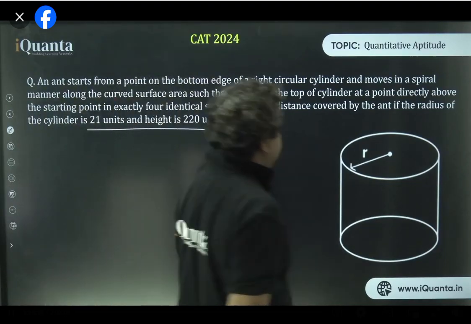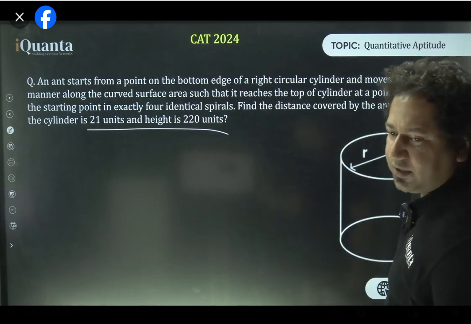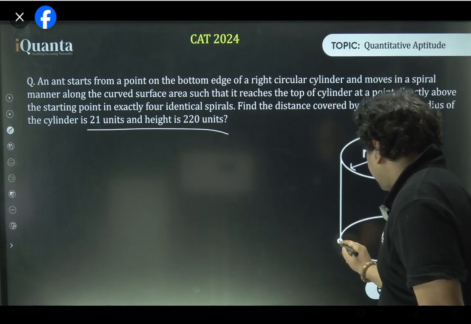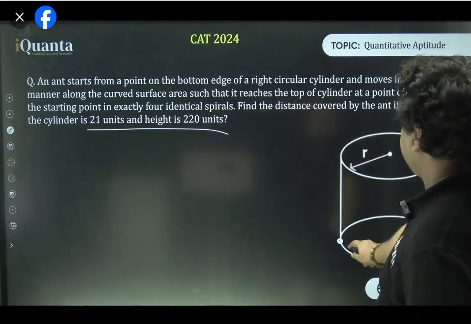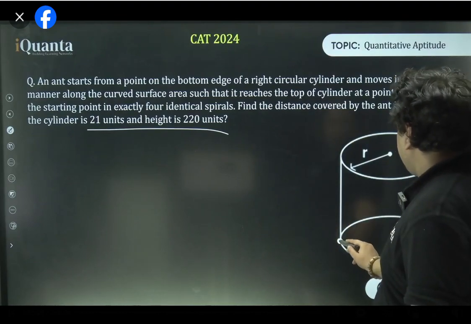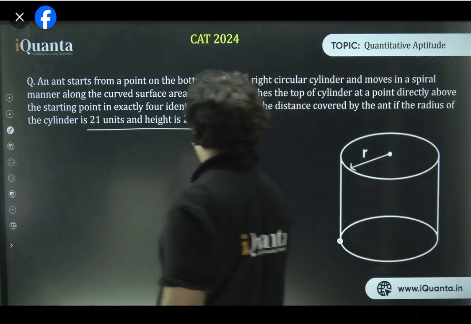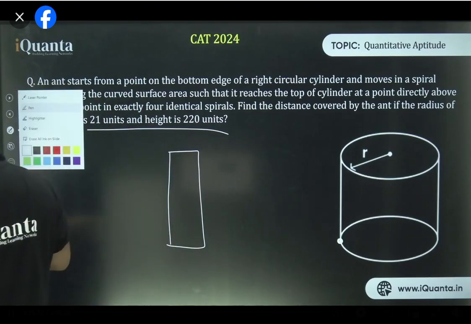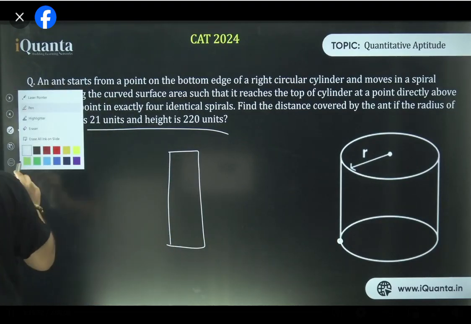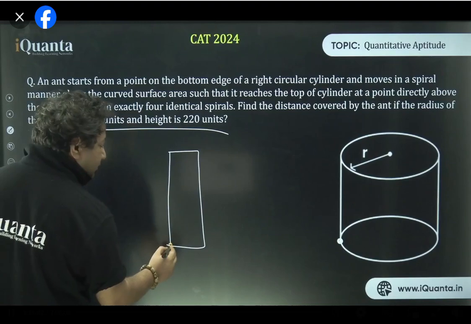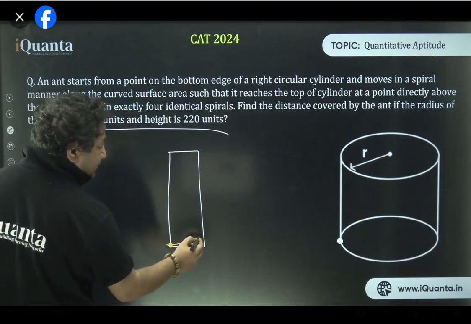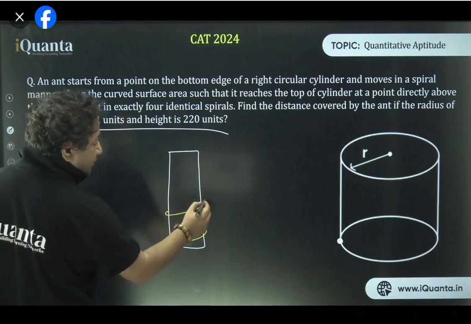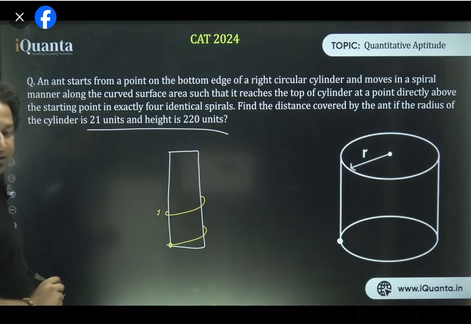Well, by the way, how many of you did not understand the question at all? Where was the ant sitting? It was sitting here. At a vertex, somewhere on the bottom edge, I assumed it here. So you know what it does? I'll make the side view like this. So the ant sitting over here goes like this, and the moment it reaches here, the first revolution has completed. Is that clear?